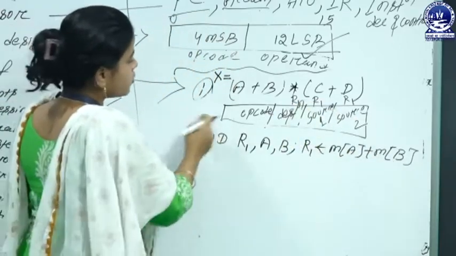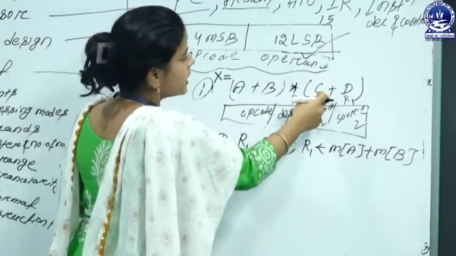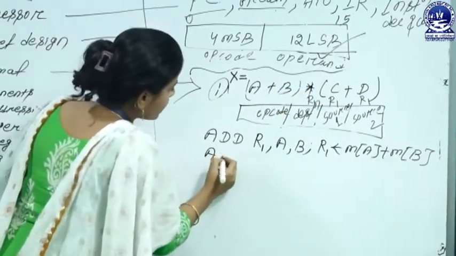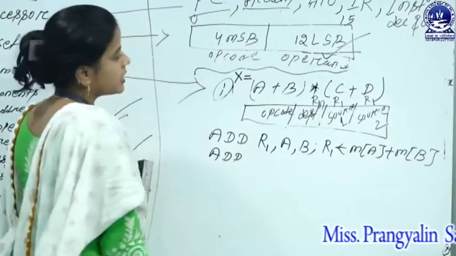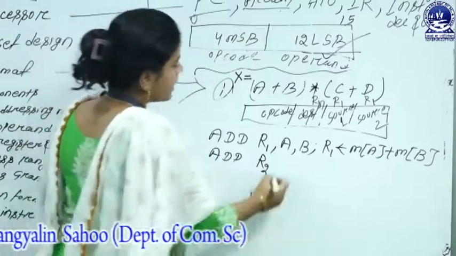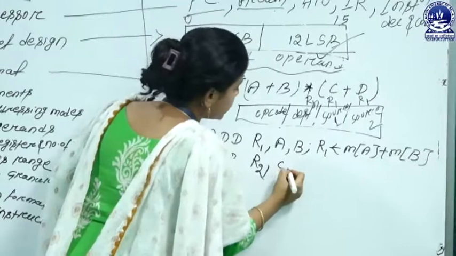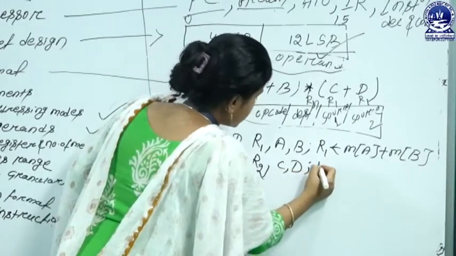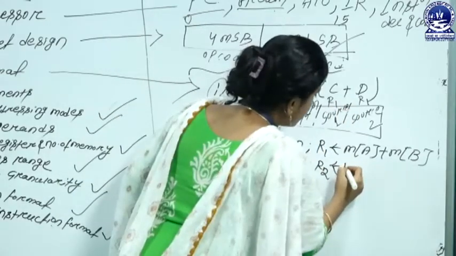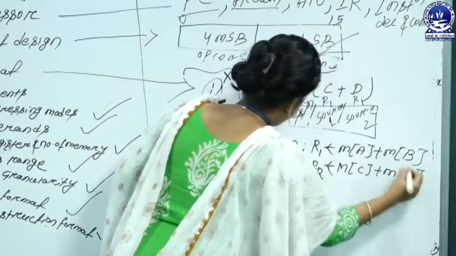After that, when one addition is performed, the second braces element is executed by using your precedence rules. So here again you have to use the opcode add, then use another register, that's R2, to store the resultant calculation of the two operands, that's C, D. That means here R2 stores the summation of M of C operand value plus M of D operand value.